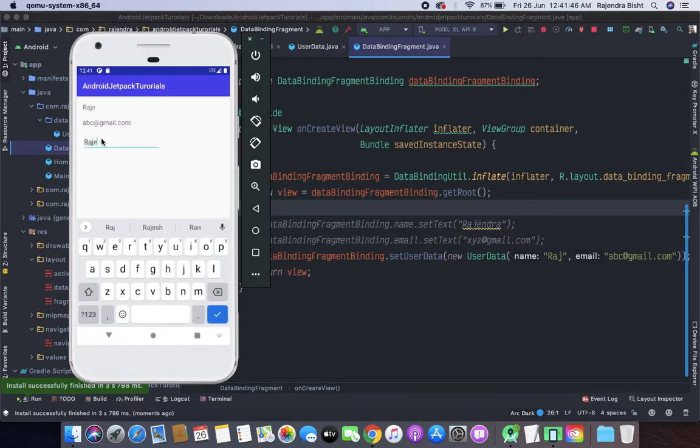So this is the example of two-way data binding, from the model class to the UI and from the UI to the object, vice versa.